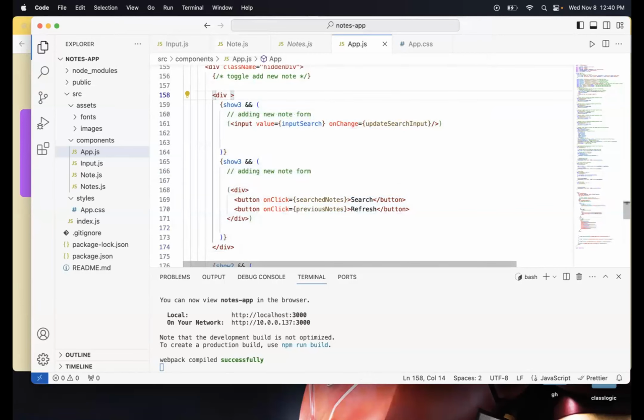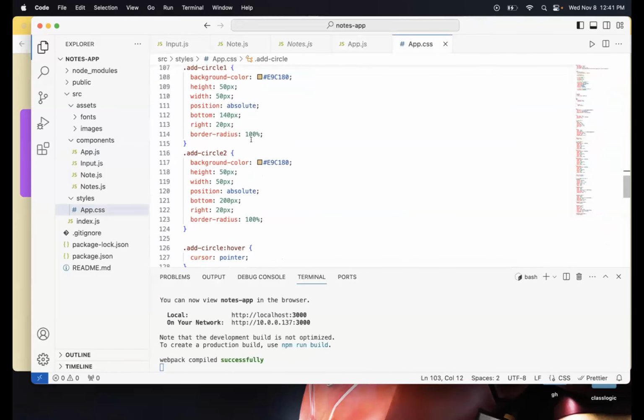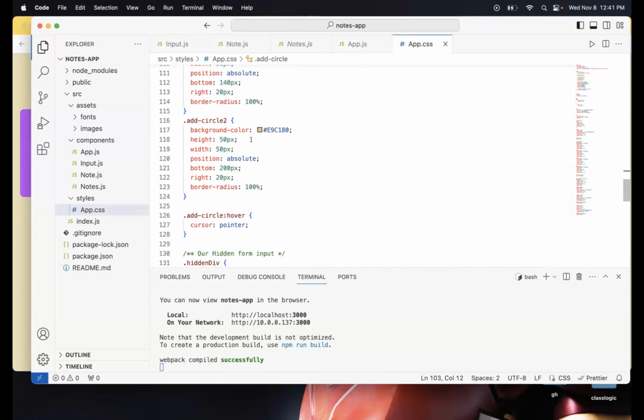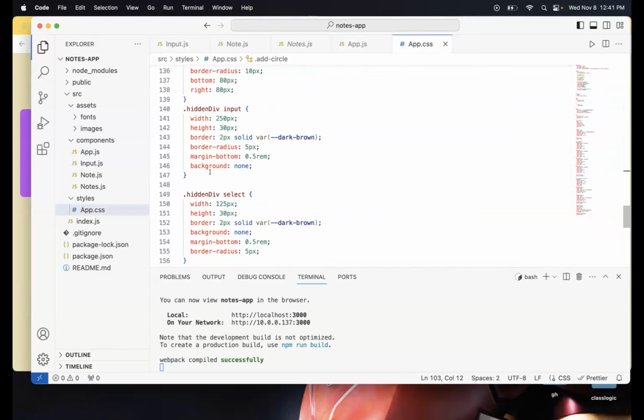So let me call this class name covered search. So let me go back to app.css. So for the previous hidden div, this is what I did.